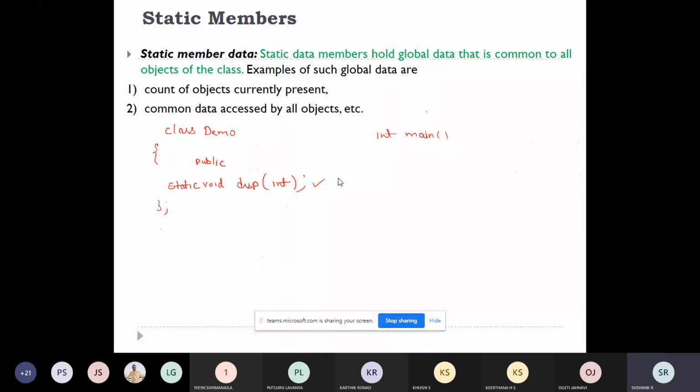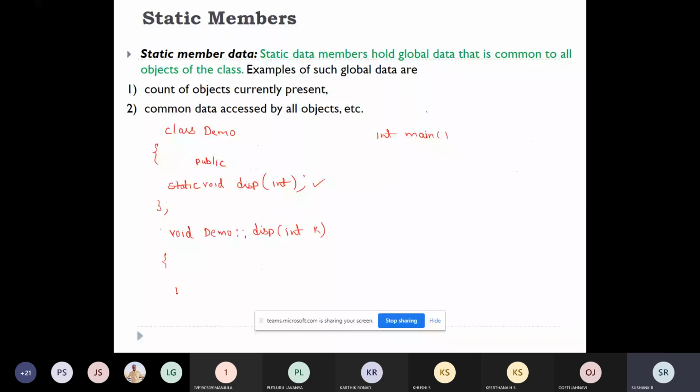This should be used only in the prototype, not in the function definition. So the function definition will remain the same: return type, class name, then display, and it is taking some parameter. I'll take it as k.